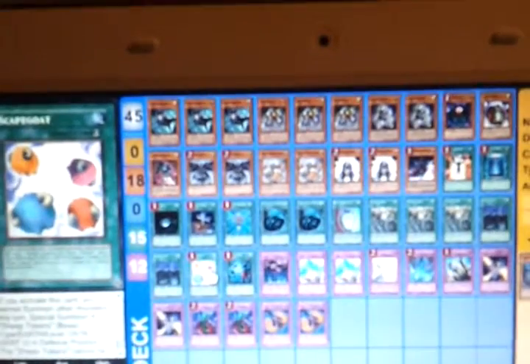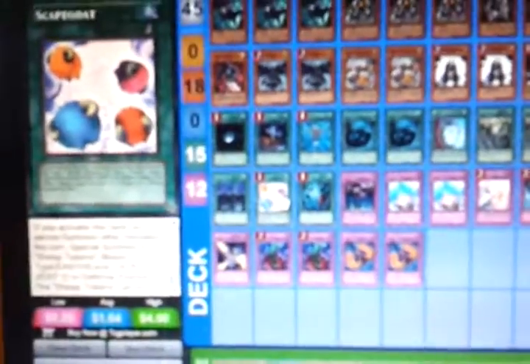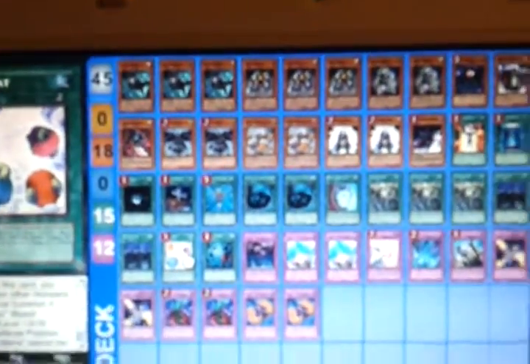Next up, Scapegoat. Scapegoat is the beast. And it basically summons beasts. It's a quick-play, so you get 4 Sheep Tokens onto your field. And they're all level 1 Earth monsters, so...